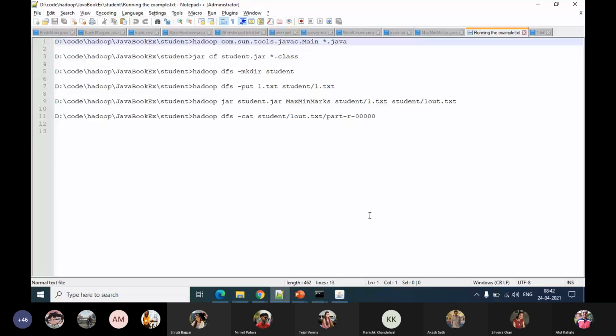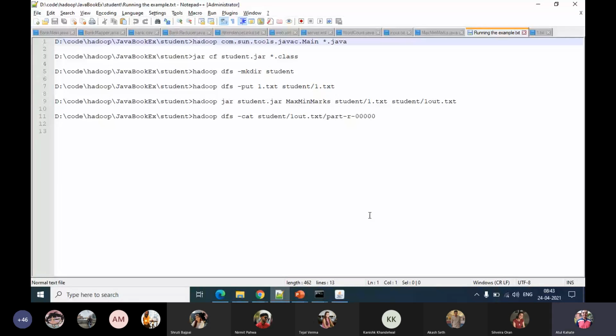The first step is the compilation step. Second is the jar creation. Third, we will create the student directory. We'll upload our input file to HDFS inside that student directory.